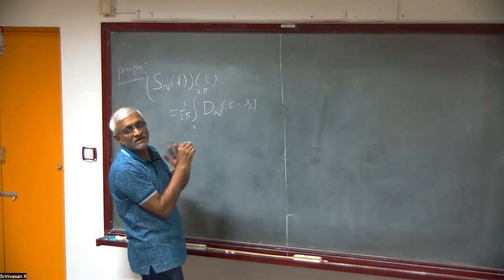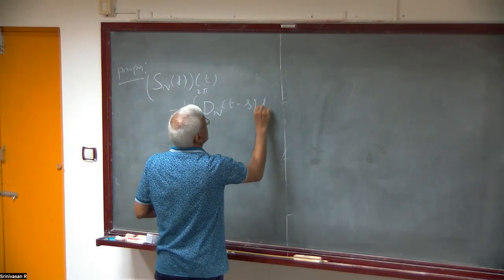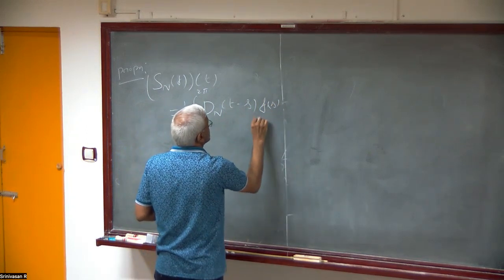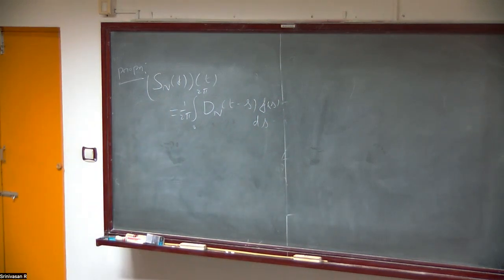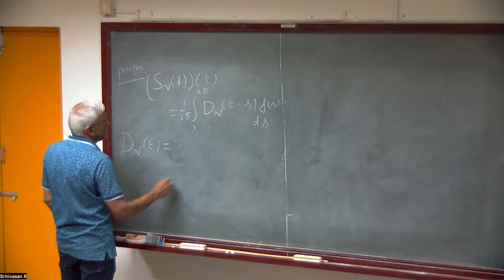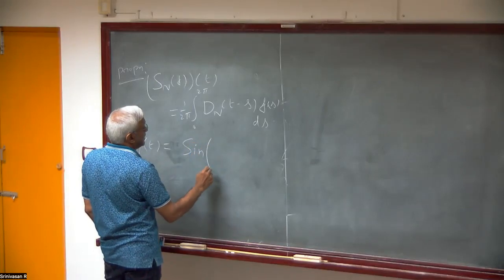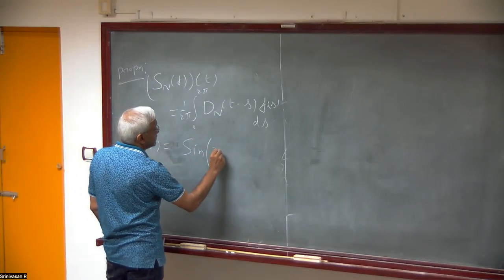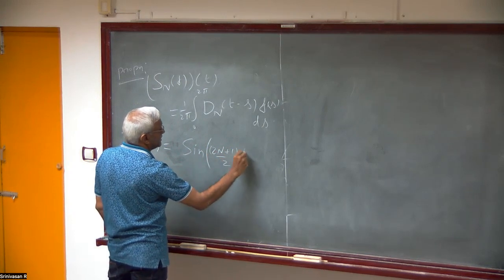This kind of integration is what is called convolution. We'll come to that. Where D_n(t) is equal to sine of (n plus half), so (2n plus 1) by 2 times t,